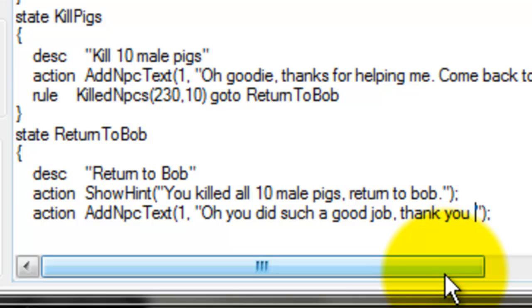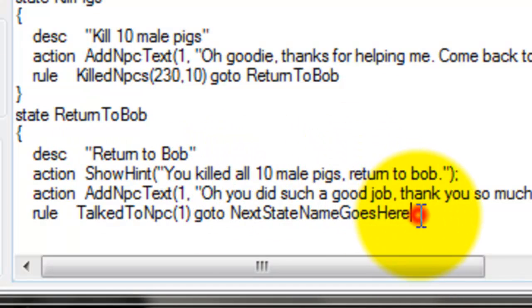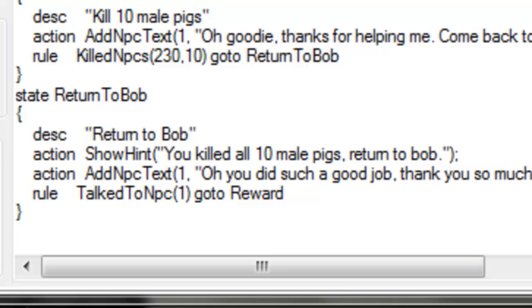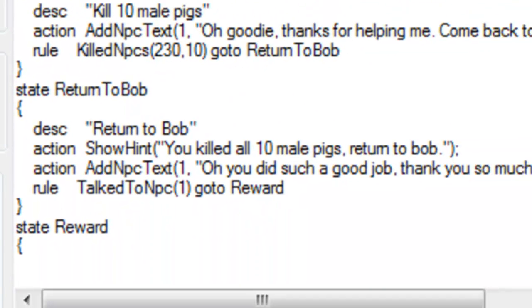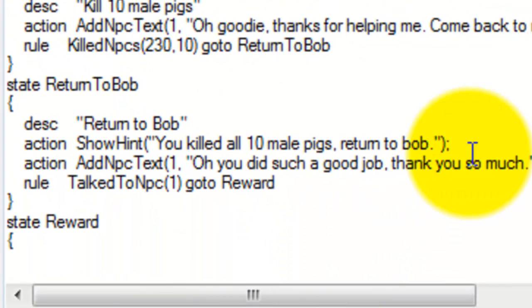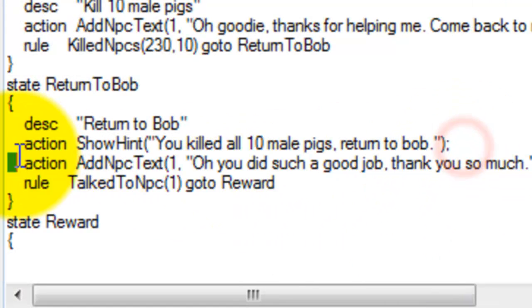Thank you so much. And then you would do the rule, talk to NPC, go to reward, and then end the state, and then reward. Now you could have put the reward in the return to Bob state, but as soon as you click on Bob, he's going to show the hint here, and I like to use a hint for the reward. So if I put it in here, it's going to show both hints, and I don't really prefer it that way. So I do it like this, and you put show hint,